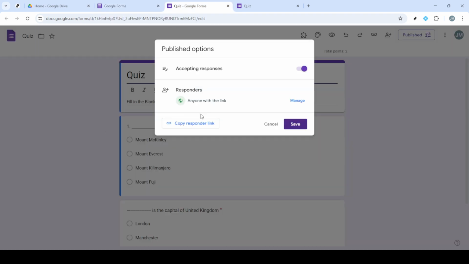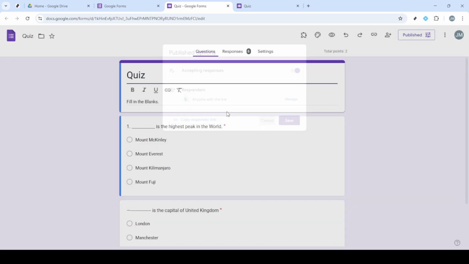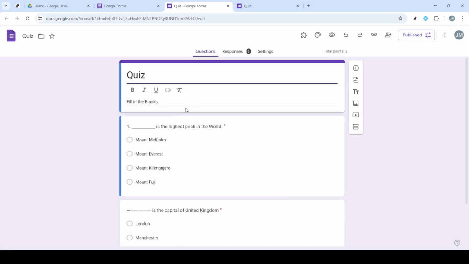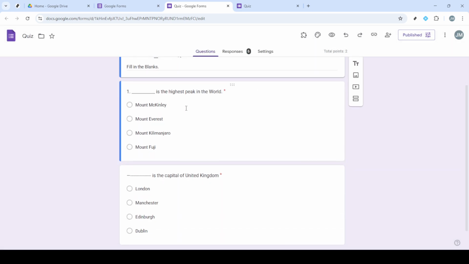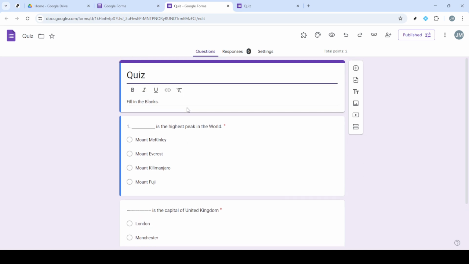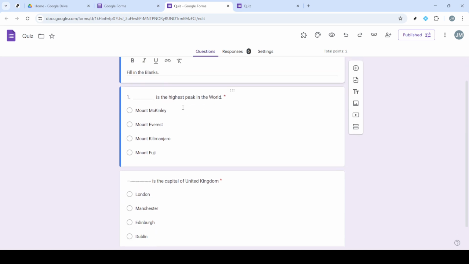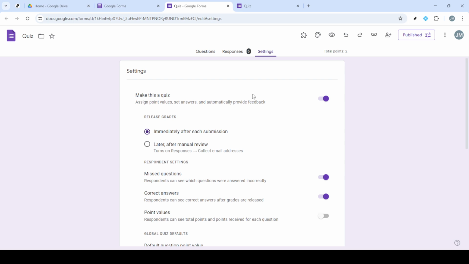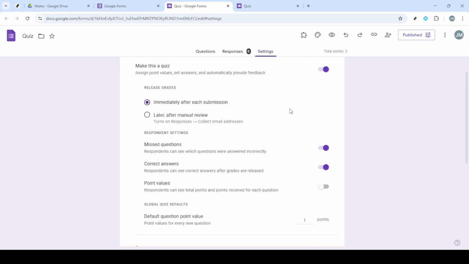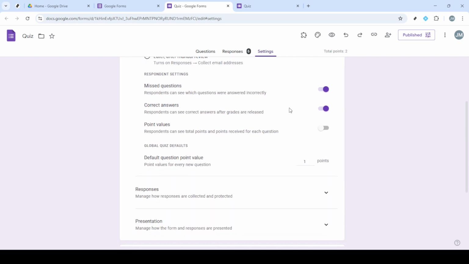On the Google Forms page, select Blank Quiz from the available templates. This is crucial because choosing a quiz template will allow you to set correct and incorrect answers. Once your new form is open, head over to the Settings icon, which usually looks like a small gear at the top of the page. In the settings menu, you'll need to ensure that the option labelled "Make this a quiz" is switched on. This step is vital because it converts your form into a quiz, enabling you to assign points to your questions